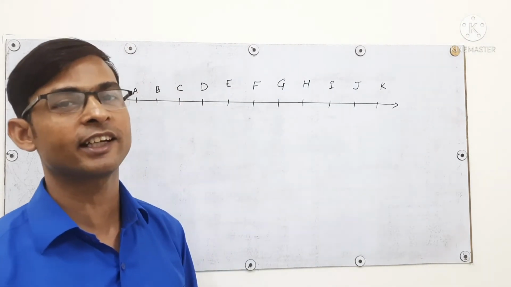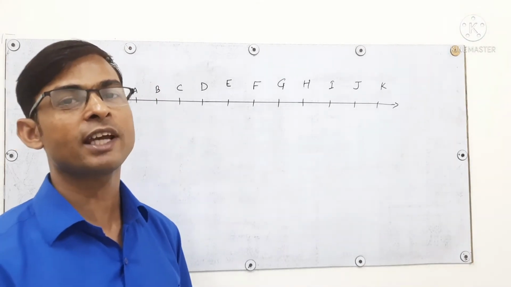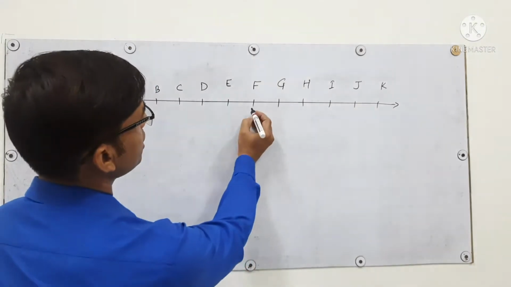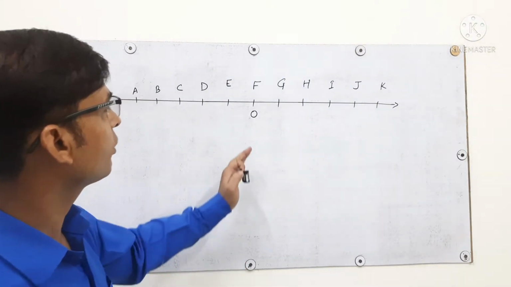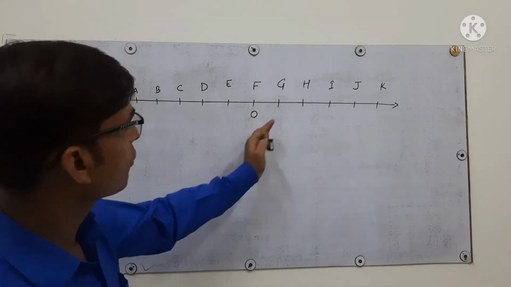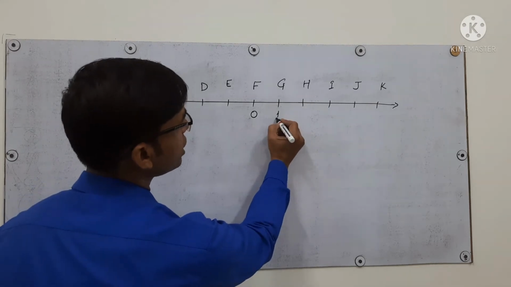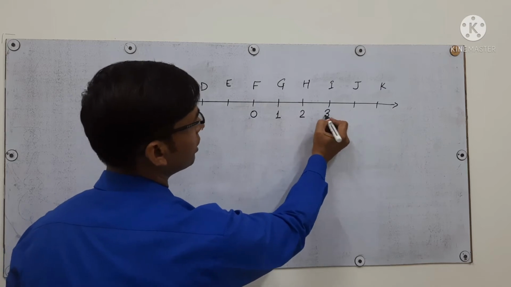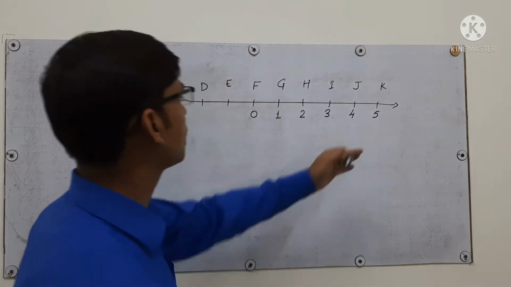Now we will practice how integers are represented on a line. Suppose we have to start from 0. Okay, so I am just marking here, suppose this is the number 0. And now look here. If we move to the right of 0, what comes just after 0? Here it is 1, and after 1 it is 2, after 2 it will be 3, then 4, and this is 5. And this way the numbers are marked.